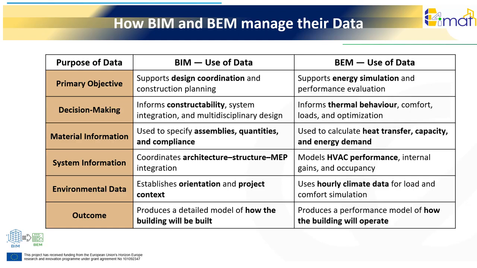Environmental inputs mainly provide orientation and context. In BEM, the same data categories serve an entirely different purpose. Here, material information is used to calculate heat transfer. System data helps model HVAC efficiency, internal gains, and occupancy patterns, and environmental data becomes detailed hourly climate information for